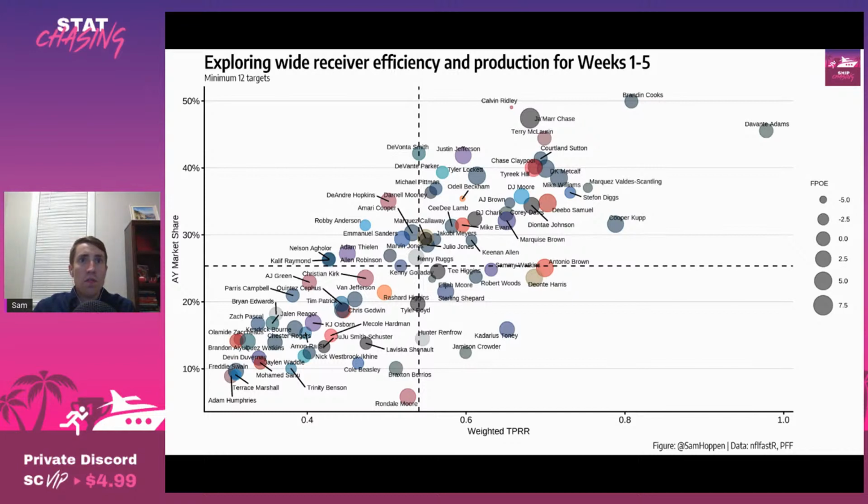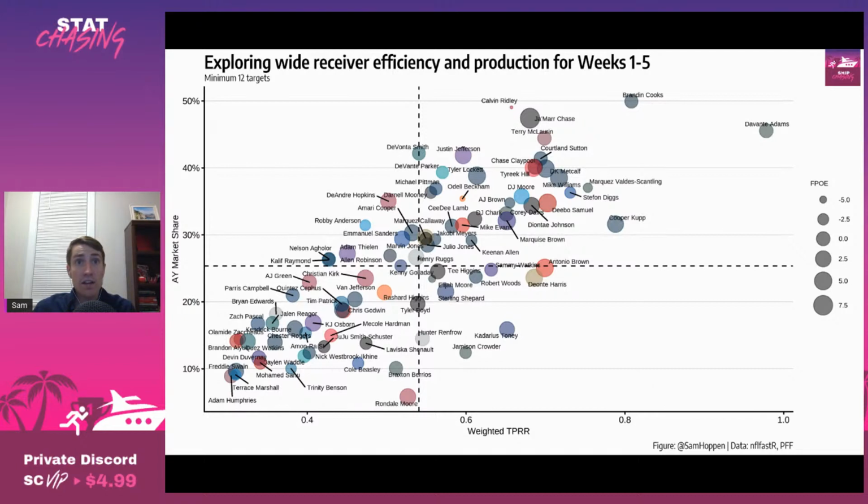Getting to the other guys, it's really just between Robbie Anderson, who has clearly been one of the bigger disappointments on the season, and Terrace Marshall, the rookie wide receiver, who has shown some flashes, but has not been consistent whatsoever. Aside from the blasphemous 6 air yards in the Week 3 Thursday night football matchup, when everyone thought Robbie was dead in the water, he's had 90-plus air yards in every single game.